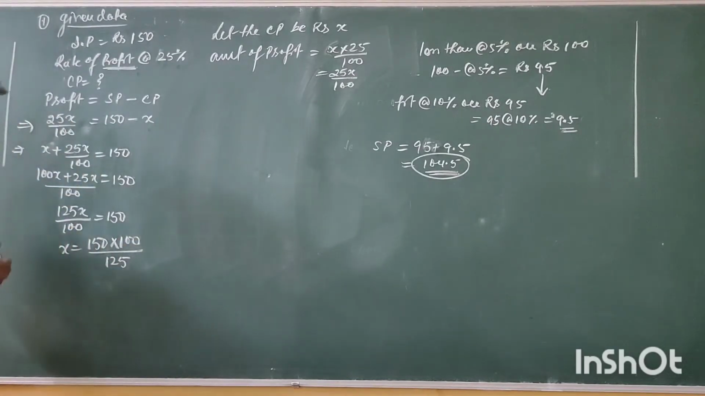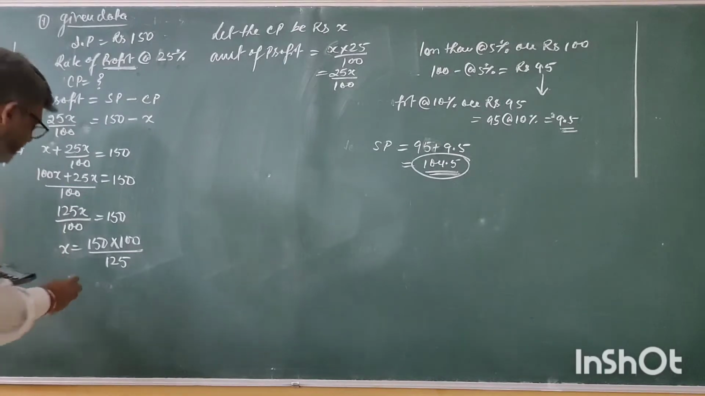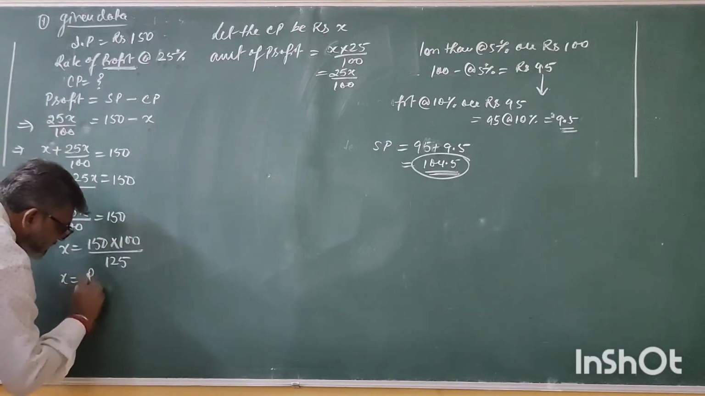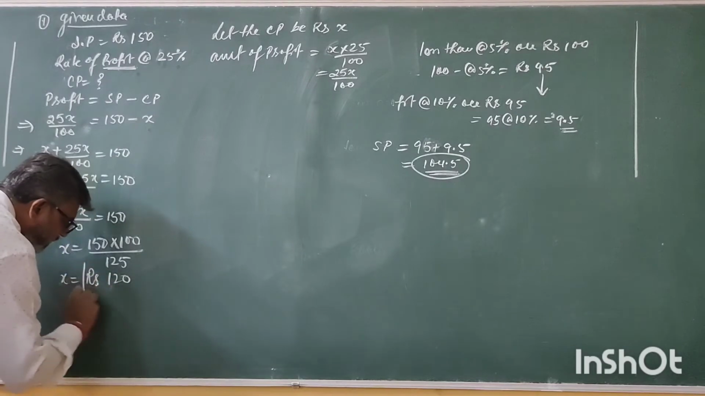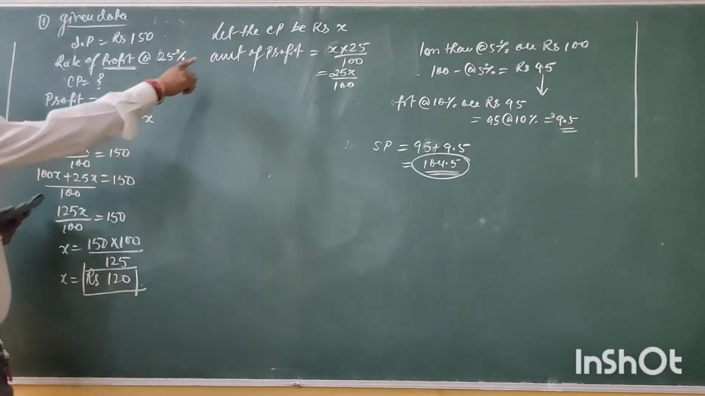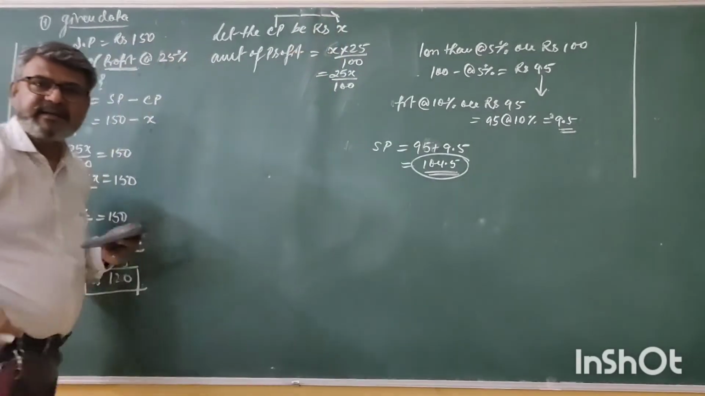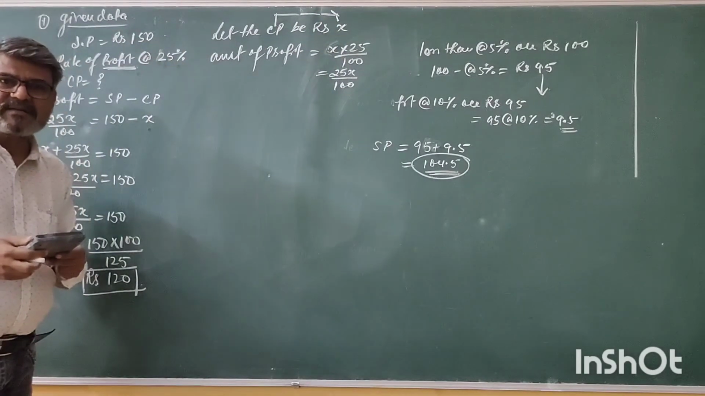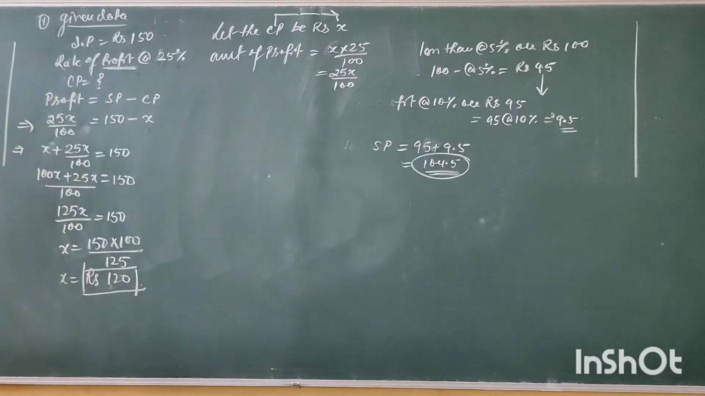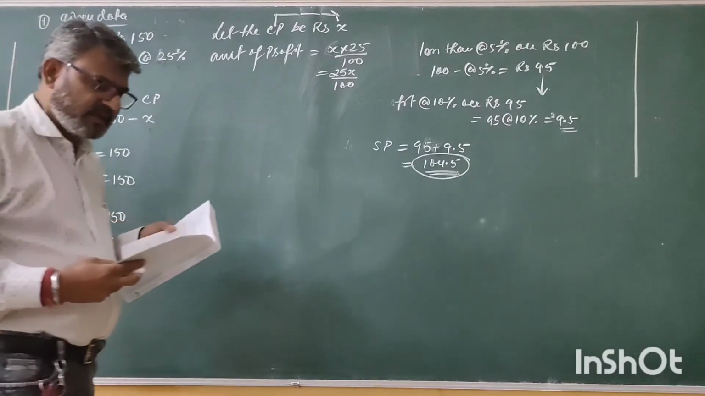First of all, solve with calculator. 150 into 100 divided by 125. Now the result becomes rupees 120. What do you mean by 120? 120 is the CP. Clear? 120 is the cost price. Understand? अब क्वेश्चन में आप लोगों को बताया है